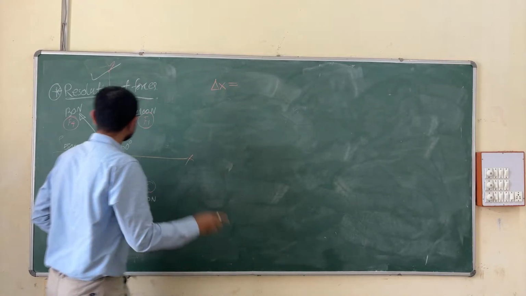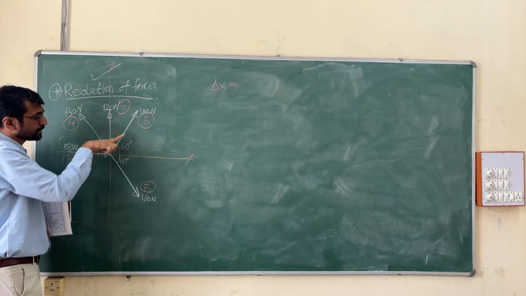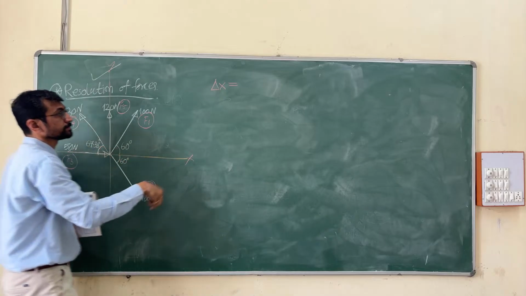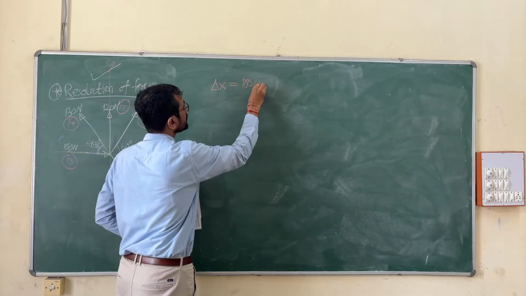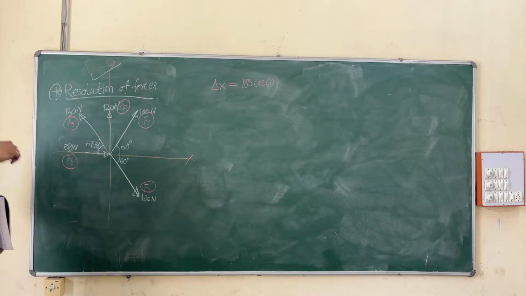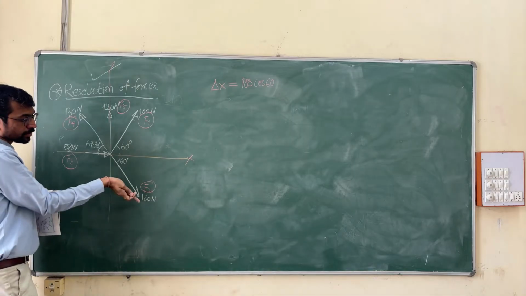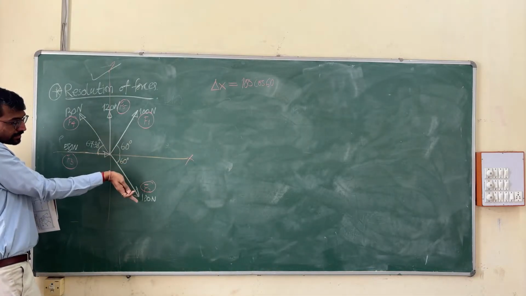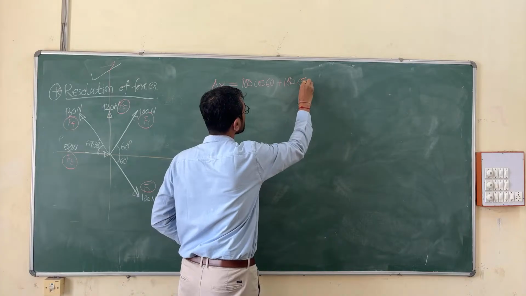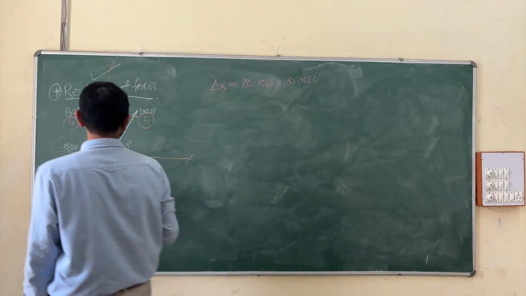equals to this force. Let us take first force 100, which is intensity, and angle will be 60. So 100 cos 60, right? This direction. Then next is, this is also 100, making angle 60 with this. This will also be 100 cos 60. 60 is the angle. Okay. Then is